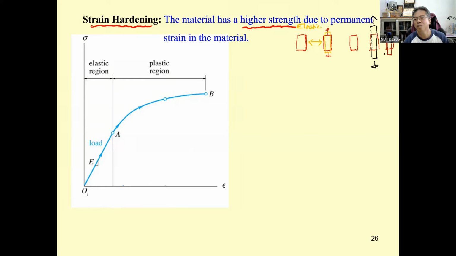If you measure this L prime and divide it by the L prime minus L, it is going to be